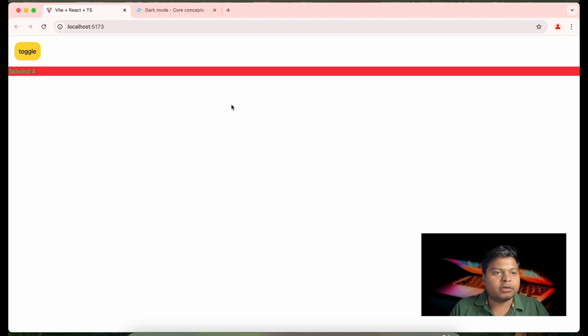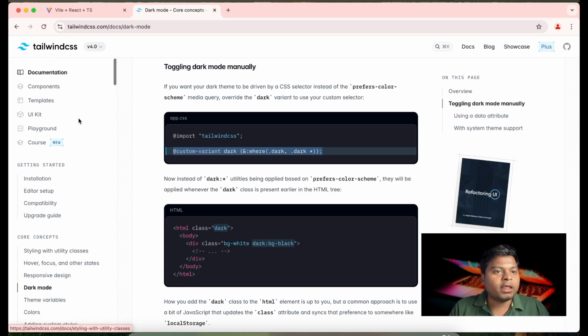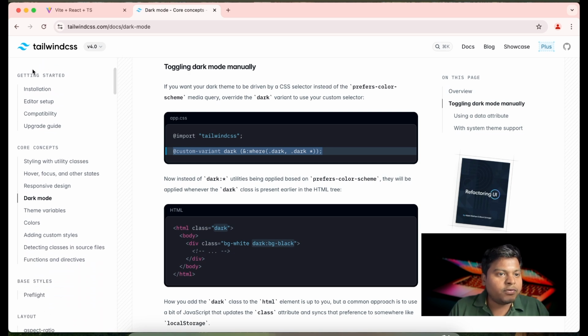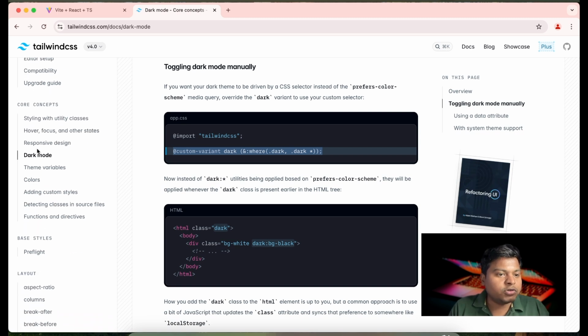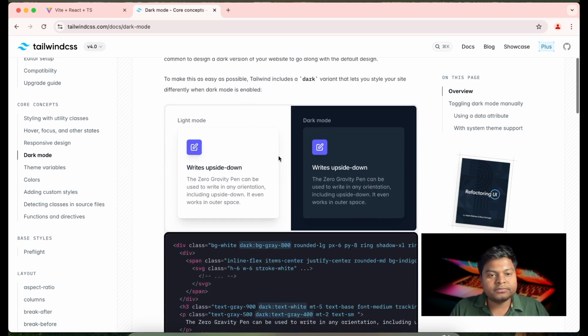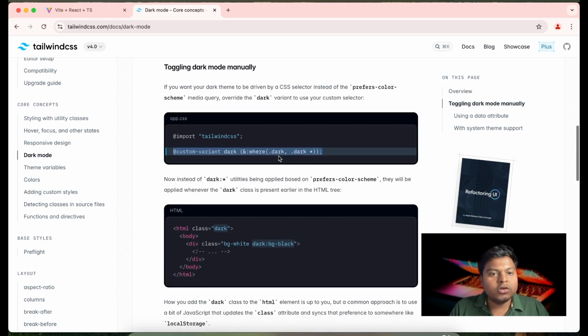Now just check, when we click on this, it is not working because it needs to be set up in Tailwind CSS also. So for that, just go to the Tailwind website. This is our Tailwind website, and here you find Getting Started, and then Core Concepts. In Core Concepts, you see Dark Mode. Just click on that, and when we scroll down, you find this line. So just copy this line